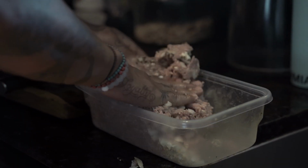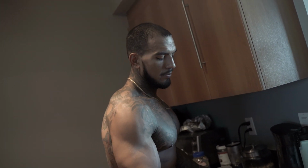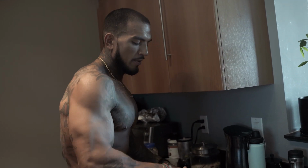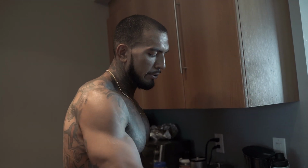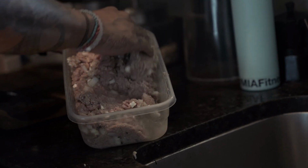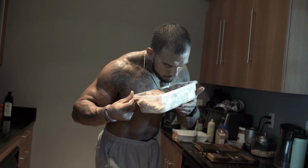Mix everything up. This is honestly one of my favorite meals to make, not just because it tastes delicious, but it's so quick and easy to make. If you guys notice, I literally just meal prepped for my next 4 meals in less than 5 minutes. I don't know if you guys can smell this through the camera, but